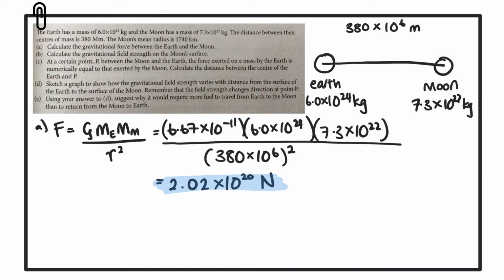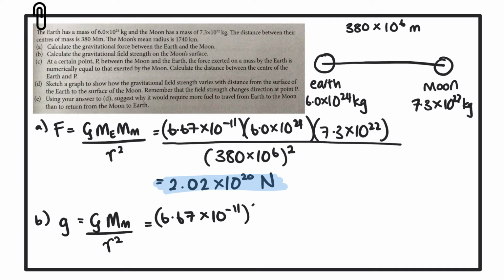So next we'll look at part B, calculate the gravitational field strength on the Moon's surface. So for this we will use our equation where the gravitational field strength g is equal to the universal gravitational constant, that's capital G, multiplied by the mass of the Moon divided by r squared. So the constant, which we've already used, is 6.67 by 10 to the minus 11, multiplied by the mass of the Moon, which is 7.3 by 10 to the 22 kilograms,